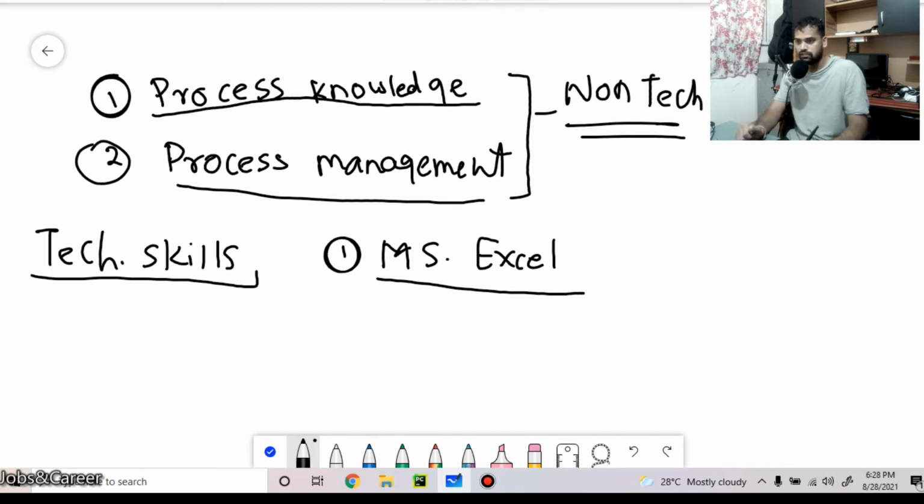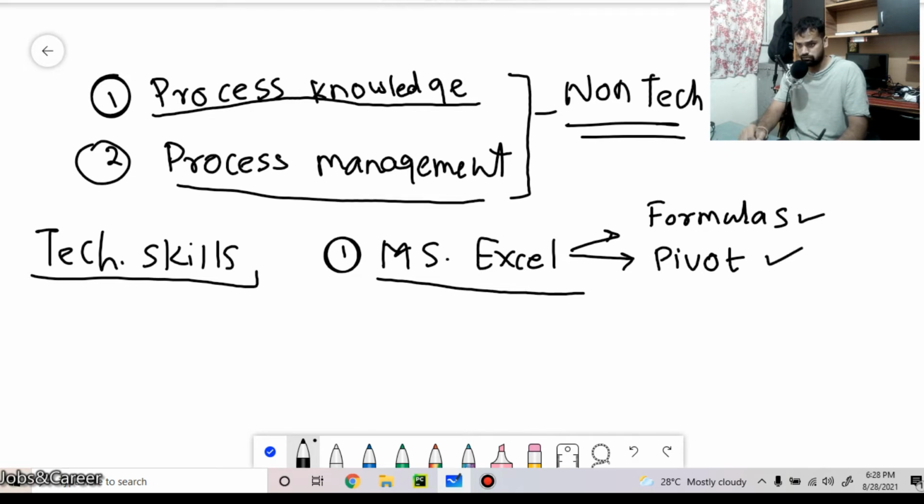What do you need to learn? First one is formulas. You should know how to formulate the table or the data sheet. Second thing is pivot. I'm calling it specifically because not the entire Microsoft Excel knowledge is needed. There are specific things which are mandatory. First one is formulas, mathematical formulas. Second one is pivot, you should know how to draw a pivot.